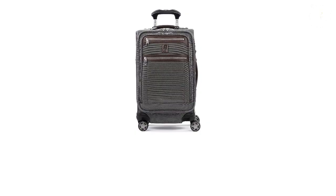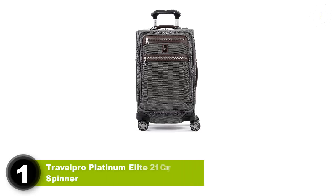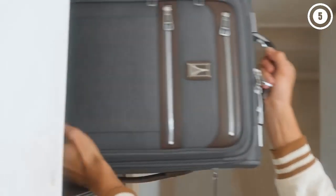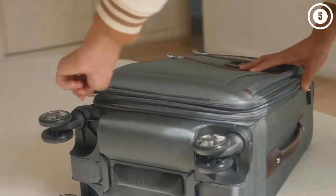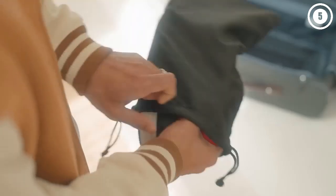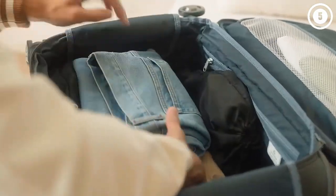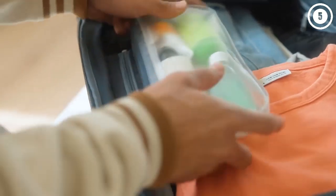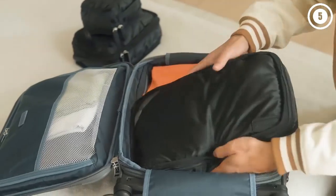Let's get started. Number 1. Travelpro Platinum Elite 21 Carry-on Spinner. Travelpro's Platinum Elite line of luggage is still our top pick after 10 years of testing. It addresses the concerns of most travelers for an affordable price while offering the best warranty against potential airline damage in the industry, as long as you register the luggage within 120 days of purchase, which you can do in